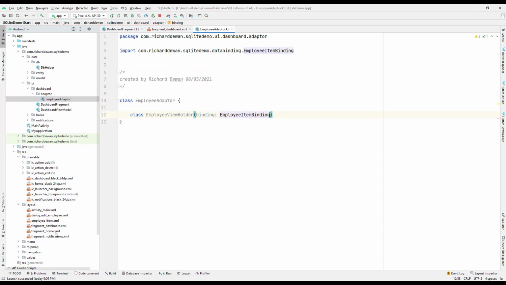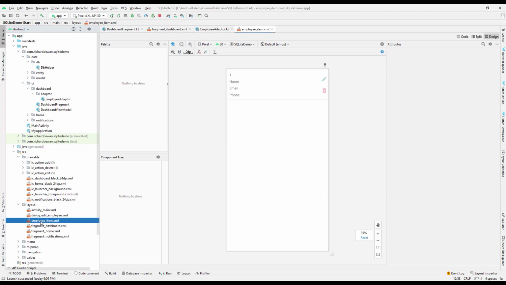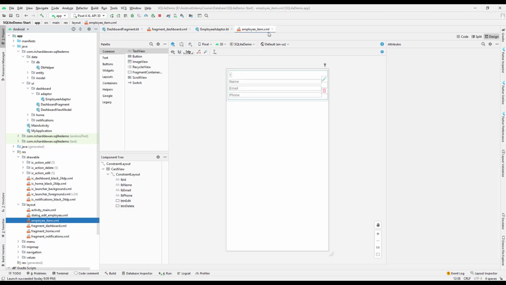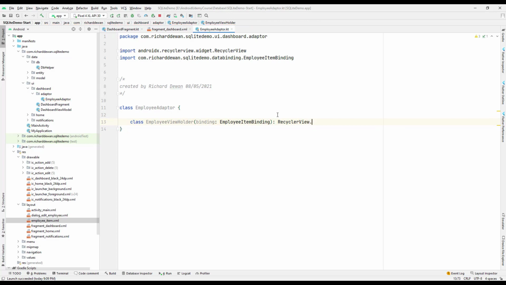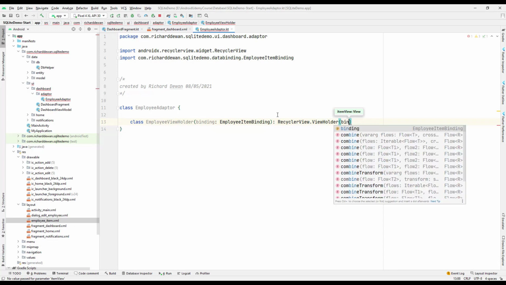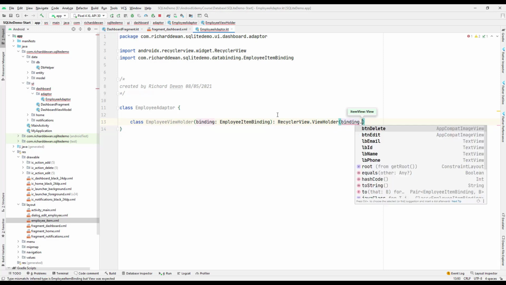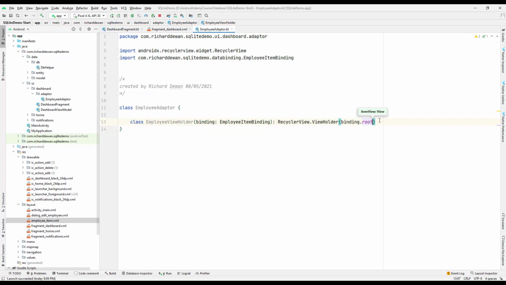So employee item binding is coming from here, so we'll take that one. We have employee item binding, and this should extend the RecyclerView.ViewHolder, right? And here we have to pass the view. So let's get the binding.root from here. Okay, so we got that one, and then I'll create one function over here and call it onBind,